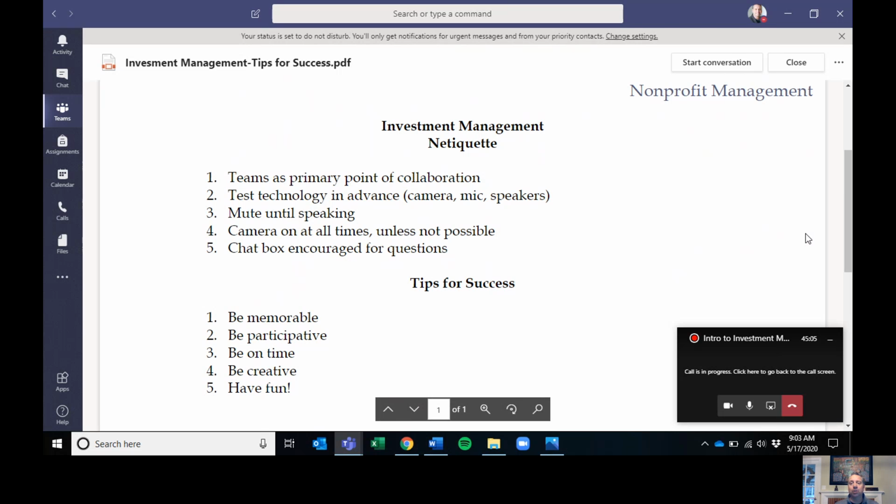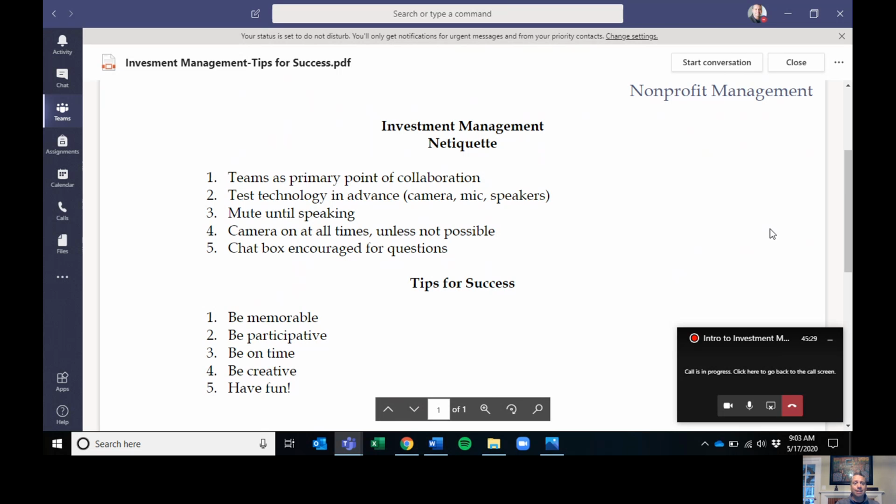I understand that you use quite a bit WhatsApp and that there are conversations taking place there. That is sufficient for you to communicate with each other, but if you wish to communicate with me and or engage with this course material, then I am going to suggest and require you all go through Teams as your primary point of collaboration.